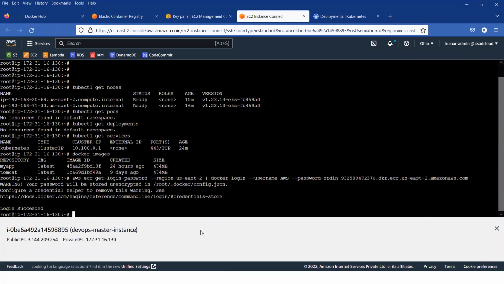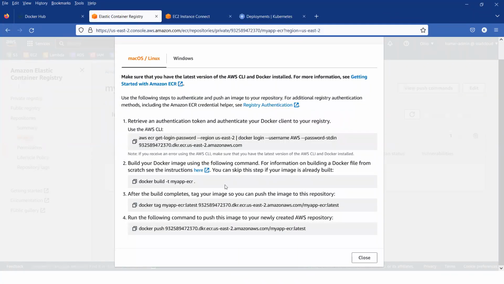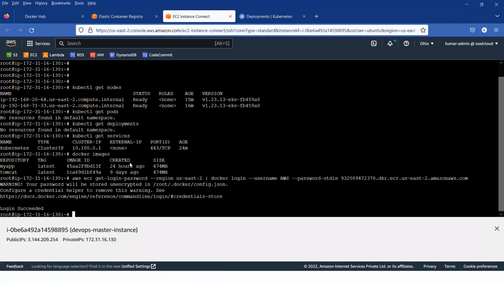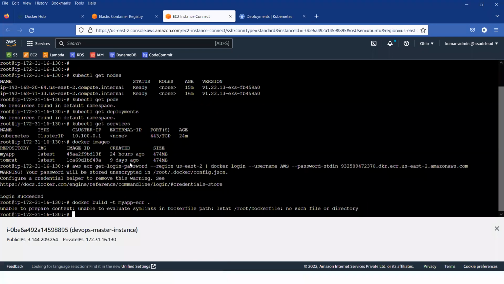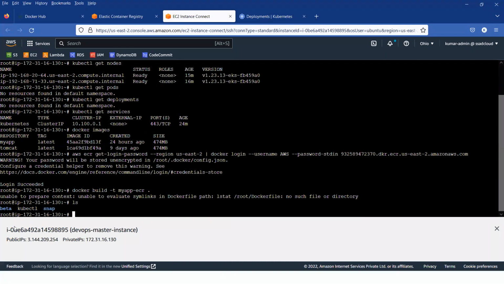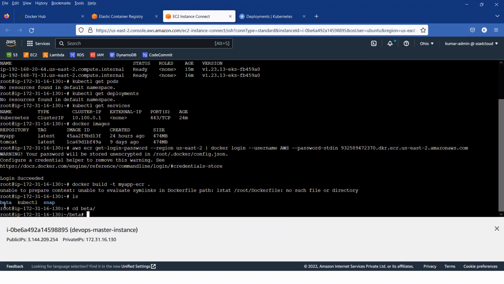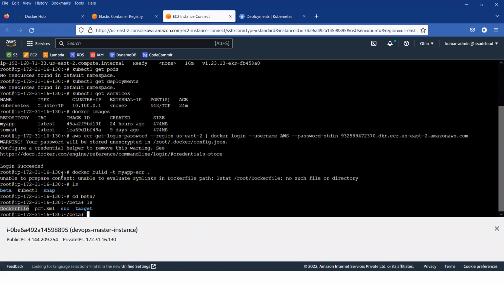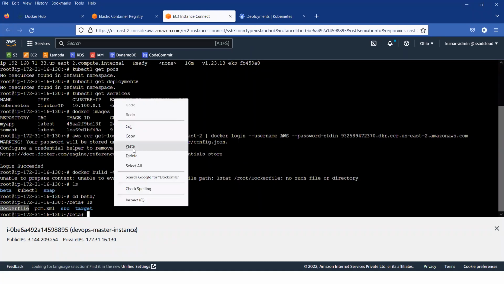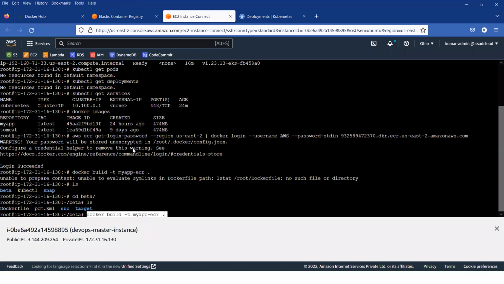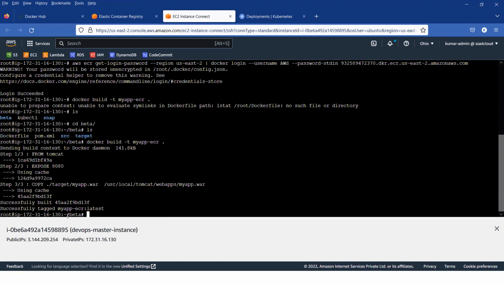Yep, I'm able to do a successful login into AWS using the ECR registry. So it says, hey, there is no such file or directory. It is missing the Dockerfile. Participants, the Dockerfile is inside the repo that I've created. So let me go into the repo and you will see there is a Dockerfile. Now it has successfully built a Docker image with the name